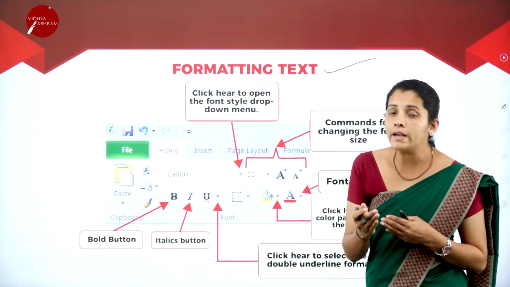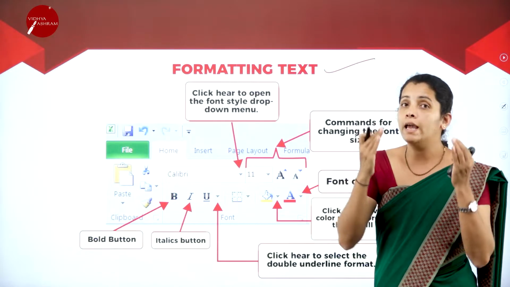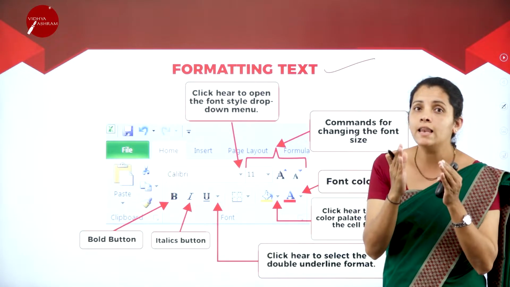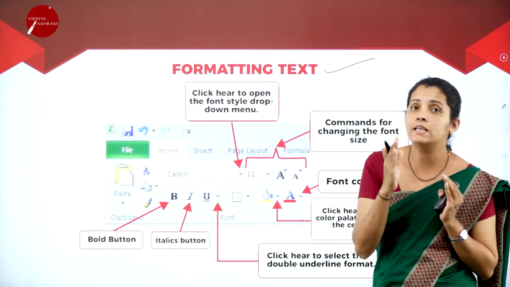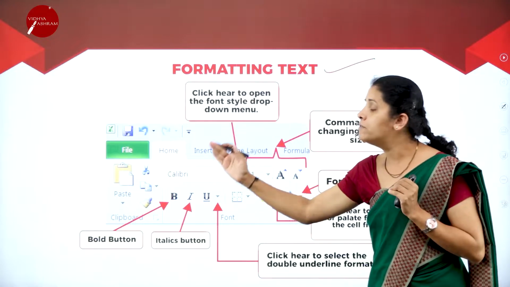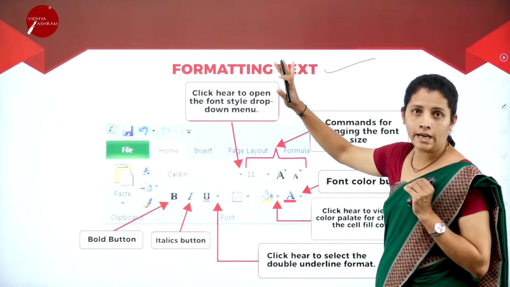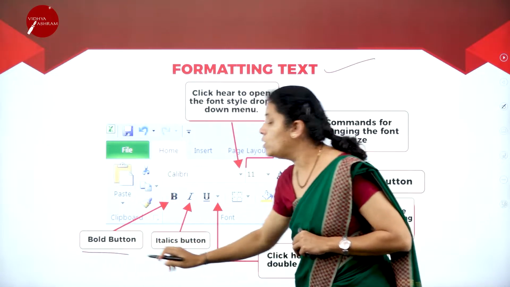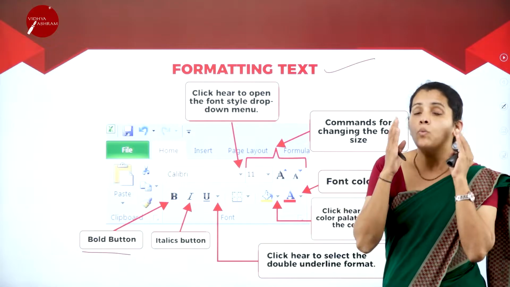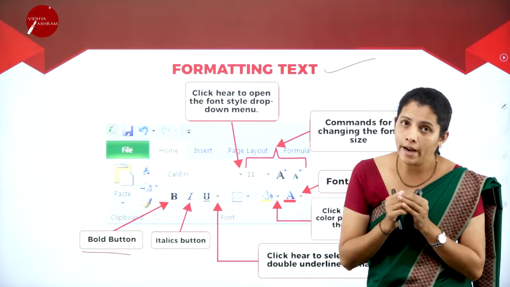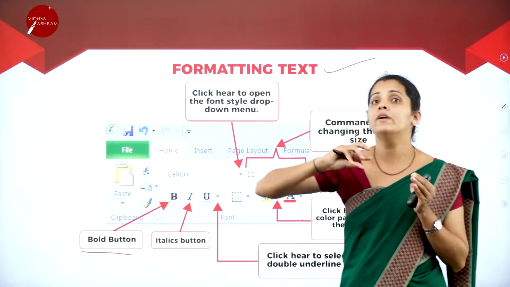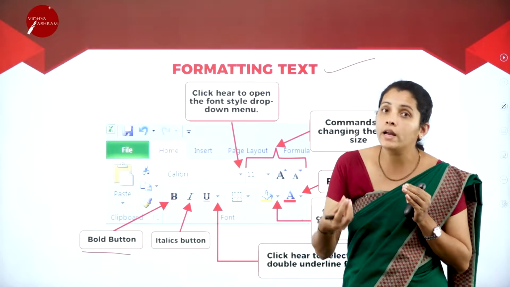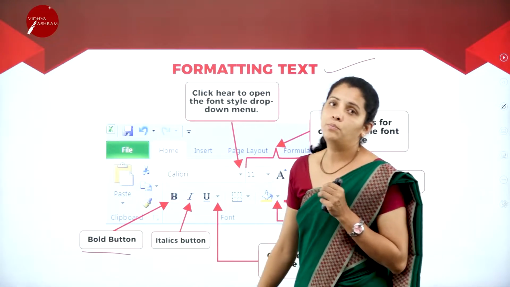So what is formatting? Formatting is nothing but aligning or arranging the text which is present in the cell or on the Excel sheet. Here I'm going to have certain formatting tabs or formatting tools. In that I have the bold button. That means if I want to highlight a column heading or row heading, or some of the text in the Excel worksheet, I'm going to use the option bold.